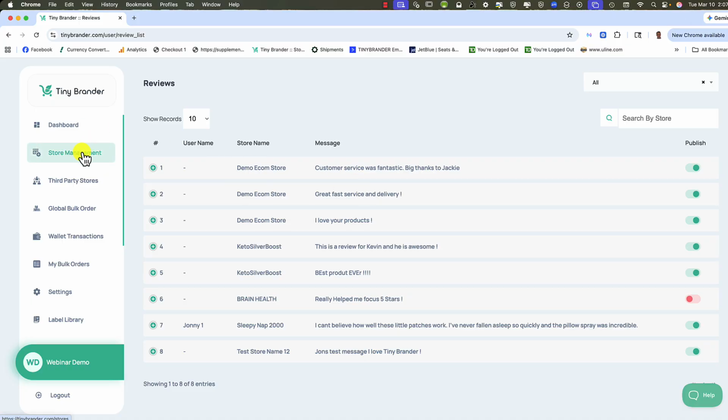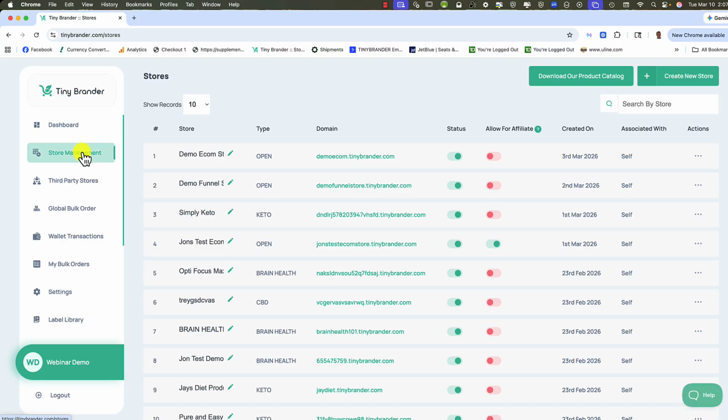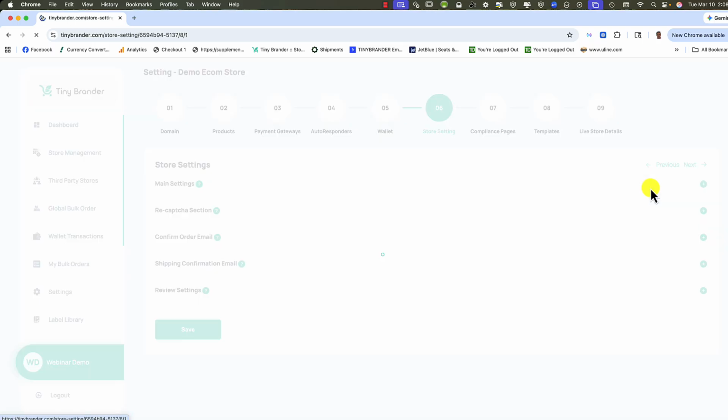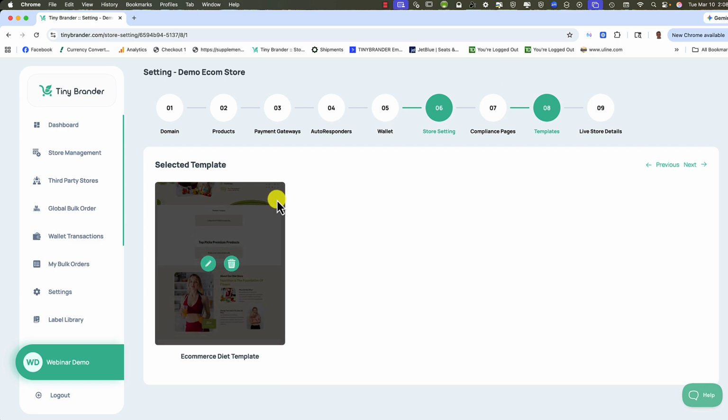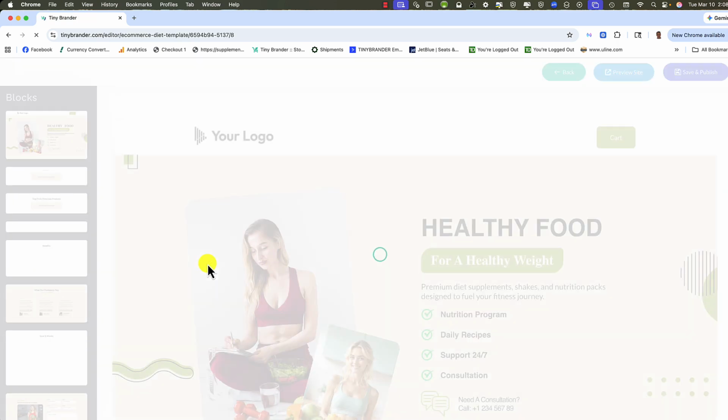Go back to store management on the left-hand side. Go into the store you're working on by once again hovering over the 3 dots. Go to settings and then go to step 8, the templates. If you hover over the template that you're using and click the pencil icon, that's going to bring you into